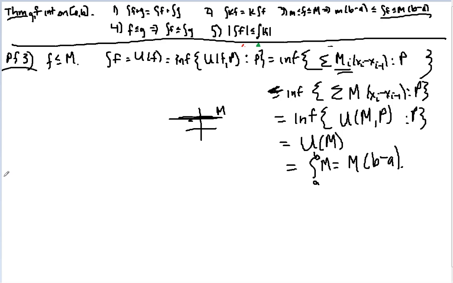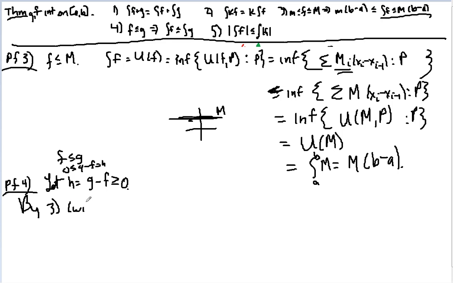All right, we're almost done. So proof 4. So I'm going to assume that f is less than or equal to g, and I'm going to let h equal g minus f. And if you do this, right, I know that f is less than or equal to g, so 0 is less than or equal to g minus f equals h. So I get that h is always greater than or equal to 0. So by 3, with little m equal to 0, so I'm just using this up here with little m equal to 0 and an h right there,